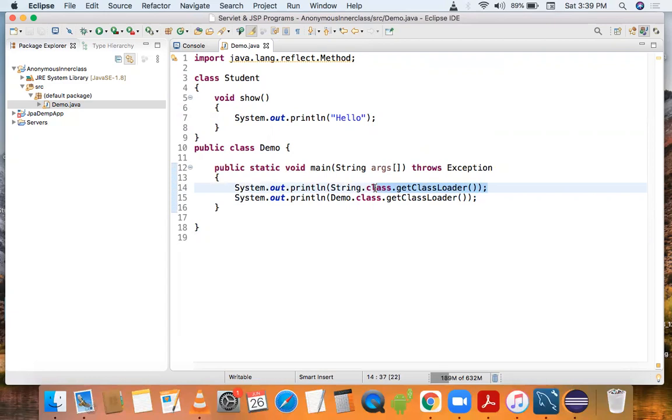That's why we are getting a null value for the String class.